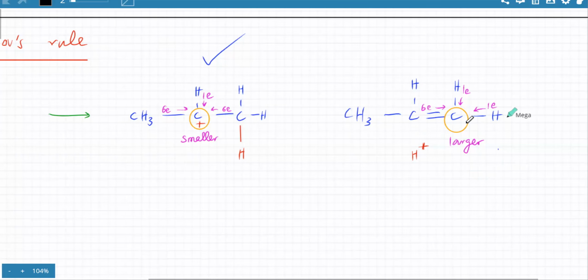Since it's larger, I'm going to focus on the carbocation now. Since the carbocation had a larger positive charge,